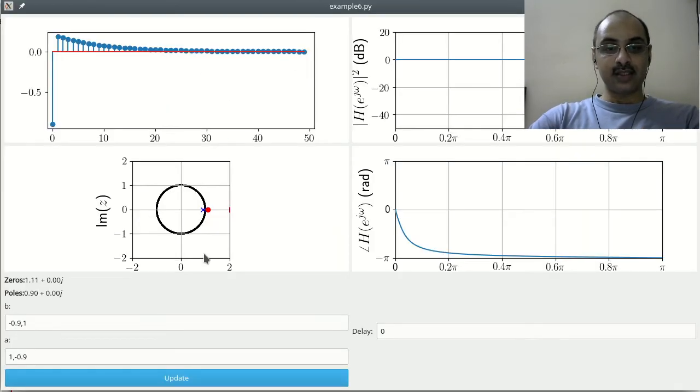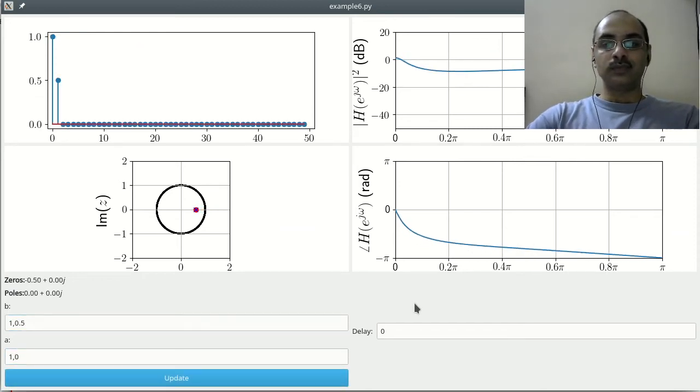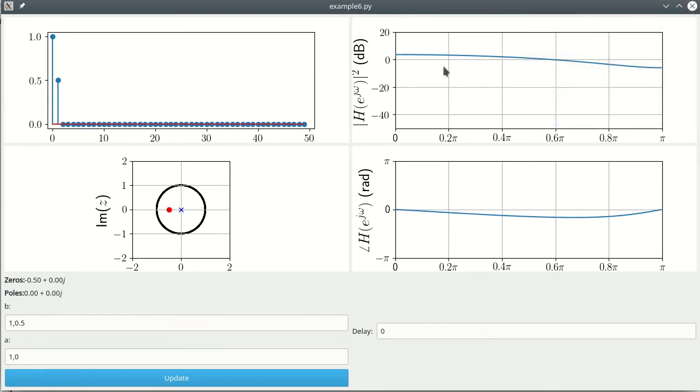So let me actually plug in these exact numbers. 1, 0.5, 0. You can see that, let's say we choose omega naught as 0.2 pi. For 0.2 pi, the amount of phase it accrues is something close to this number, while for 0.4 pi, it's something close to this number. Okay, this number, if you zoom in carefully, is not linear. In fact, let's take two other examples. Let's take 0.4 pi and 0.8 pi. You will find that the phase shifts they undergo are not going to be proportional to the frequency. This means that the waveform may get distorted.